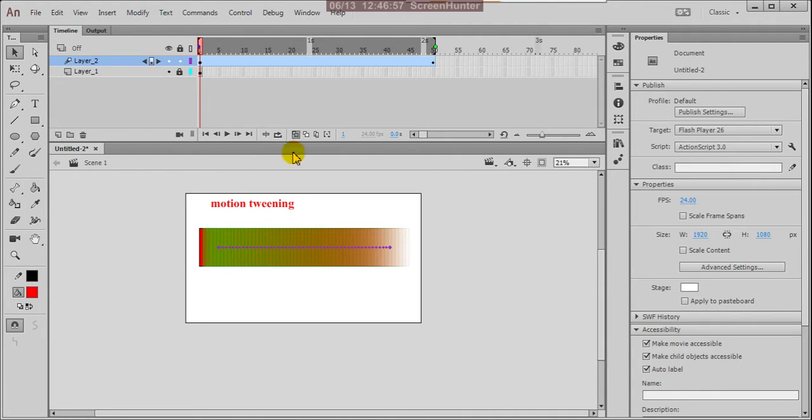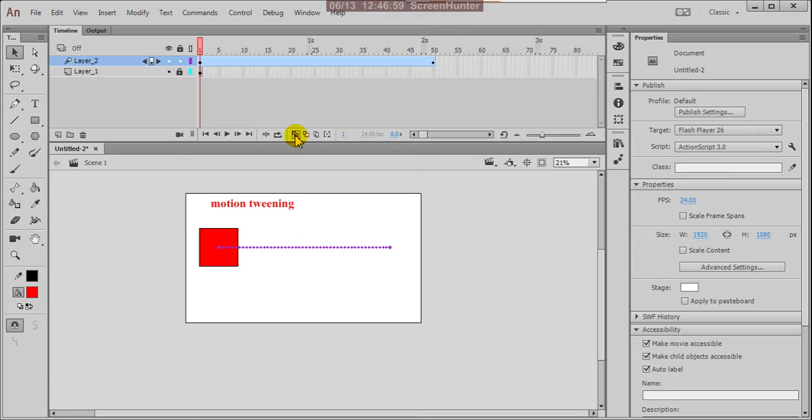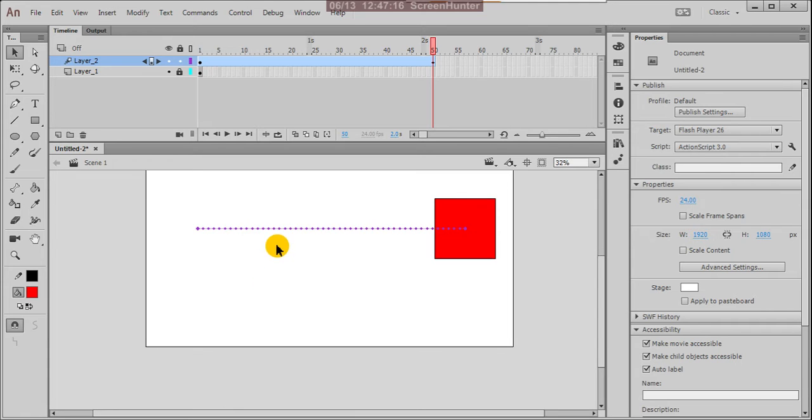Alright, now I don't want the straight action, so I want to move along a path. Show your mouse pointer there.